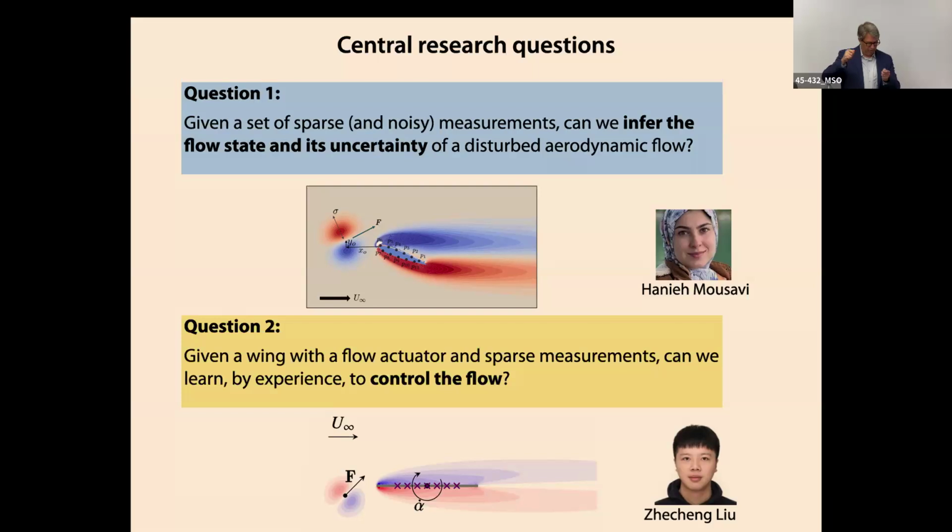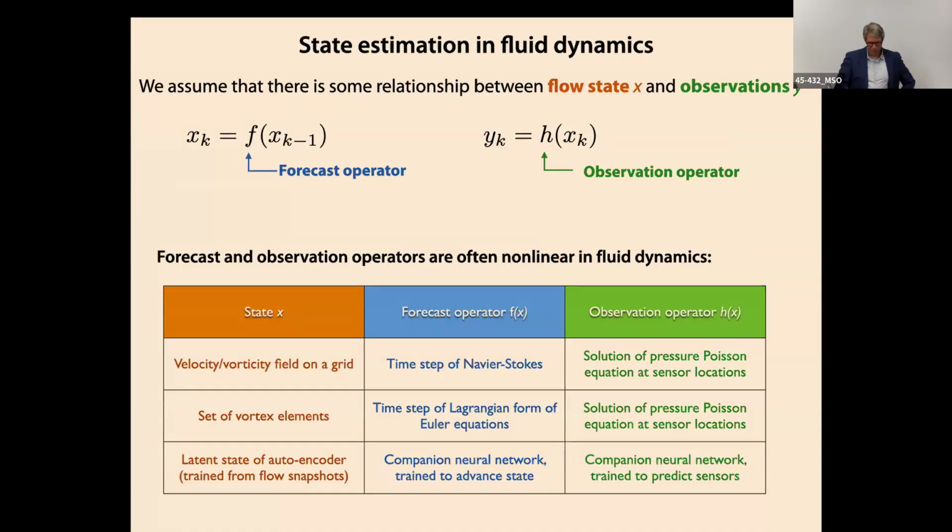So I always thought about these questions as like I have to answer one and then answer the next one, and sort of thought of them sequentially. I always thought about this part as being embedded in this part, which it is. But because I have two students working on them, they do their own thing, and they came up with very good answers to their questions. And it turns out they don't even need to talk to each other that much, which was a little bit alarming. So I will show basically that Zheng came up with some solutions on this that didn't rely as much on our flow estimation as I thought, which is fine, but it leaves some things to keep working on.